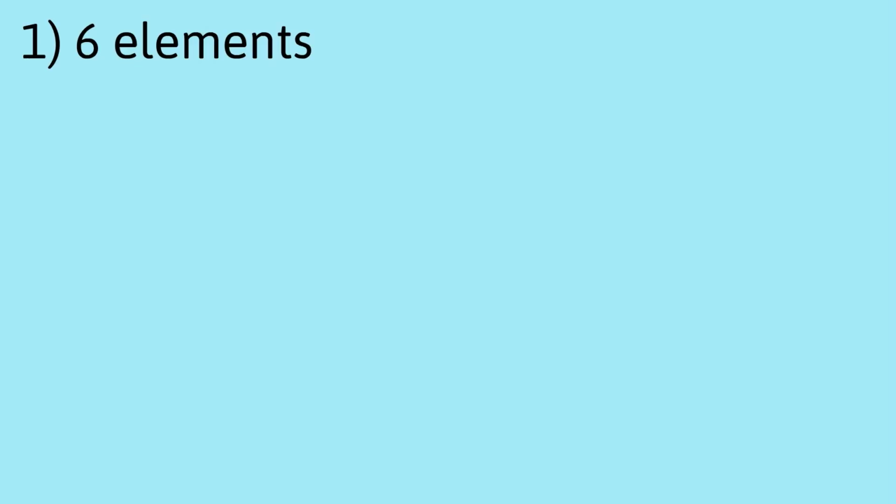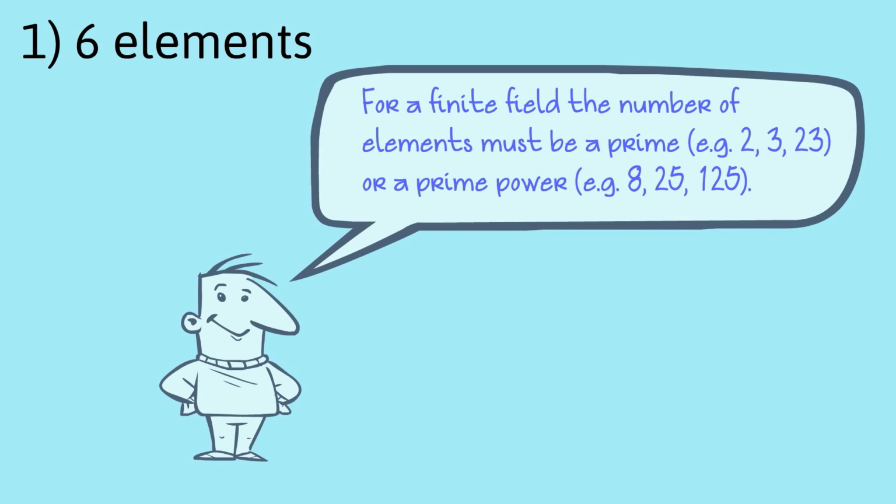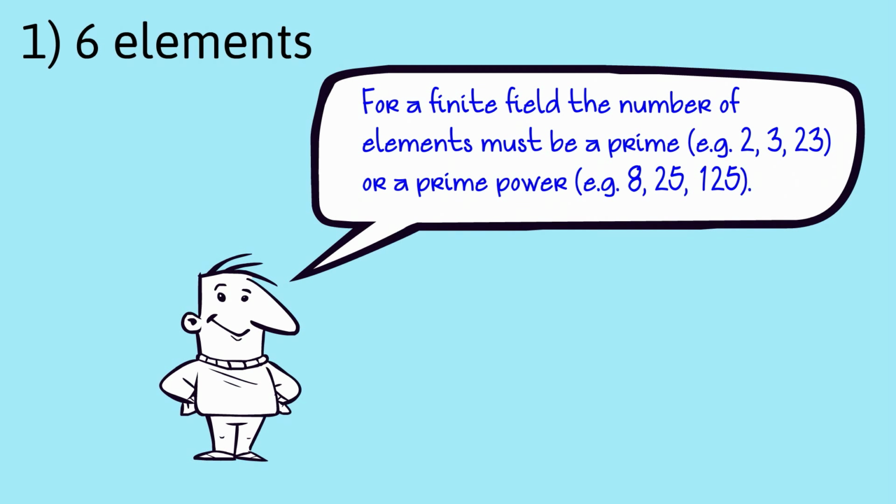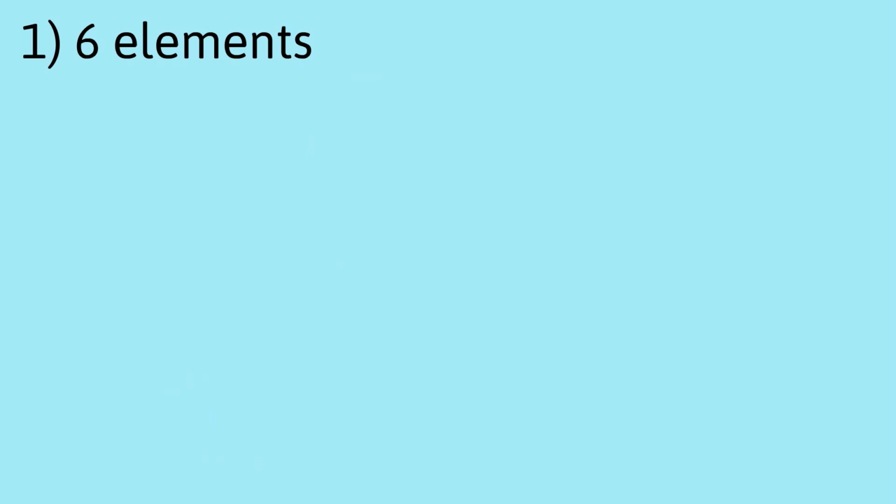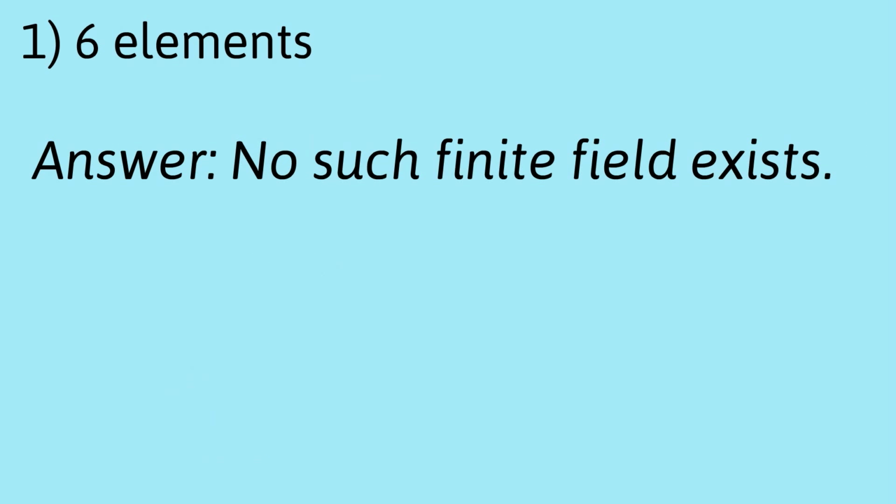So let's go to the first question. How do we construct a finite field of 6 elements? And the answer is we can't. For a finite field, the number of elements must be a prime, for example 2 or 3 or 23, or it must be a prime power, for example 8, which is equal to 2 cubed, or 25, which is equal to 5 squared, or 125, which is 5 cubed. So all we have to write here is that no such finite field exists, and we can move on to